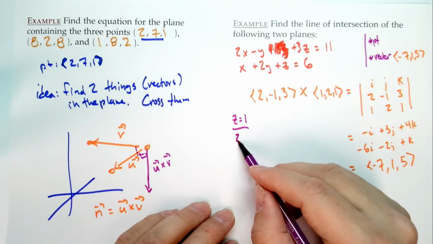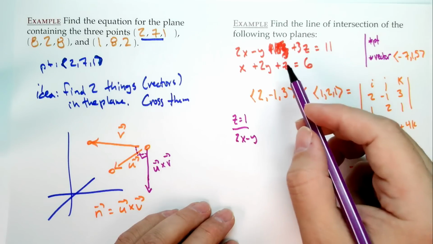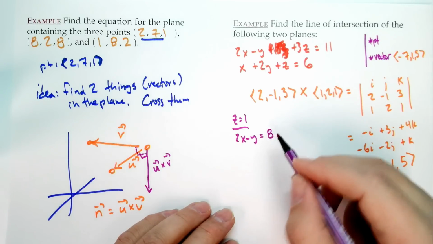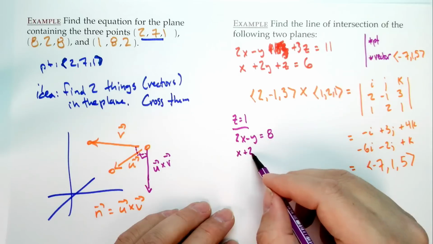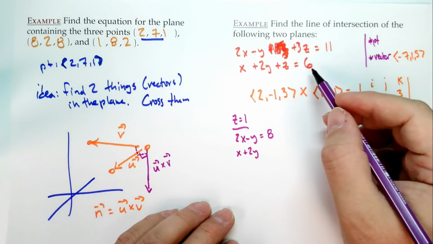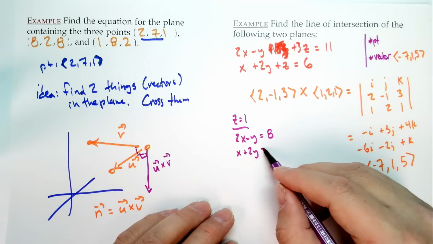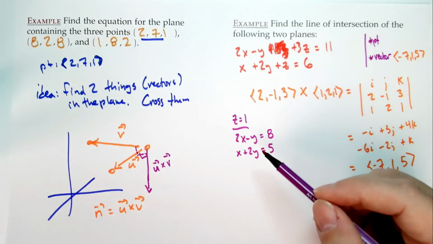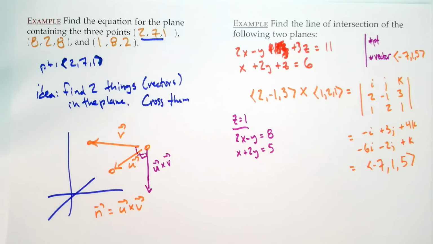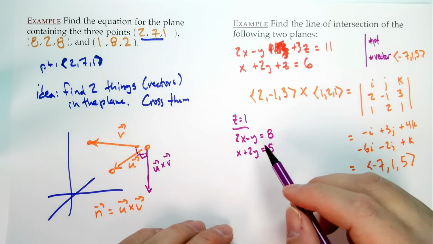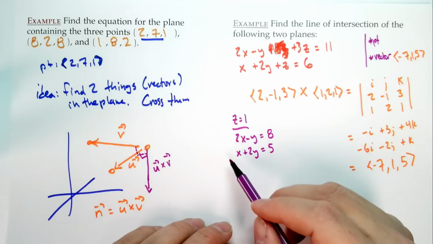Well, 2x minus y plus 3 equals 11, so that means 2x minus y better be 8. And x plus 2y, well, plus 1 equals 6. Well, that means x plus 2y better be 5. And now we have two equations and two unknowns, and that's something we're a lot more comfortable handling. And so, for instance, what can we do? Multiply the first equation times 2